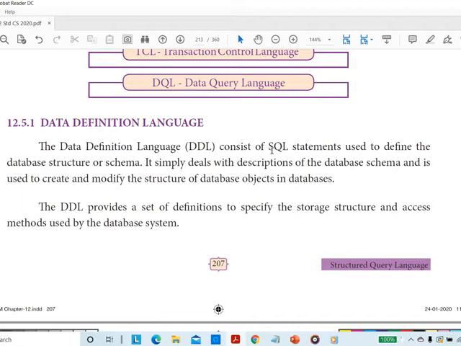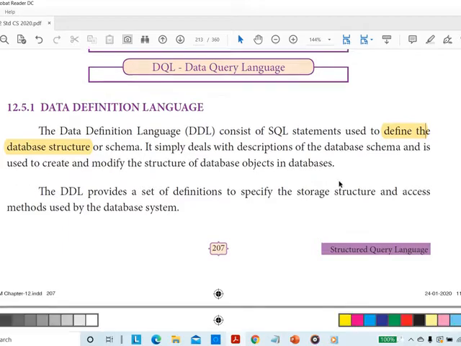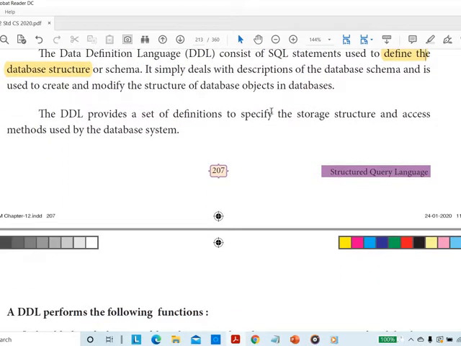The data definition language consists of SQL statements used to define the database structure. So what does database structure mean? The structure of the table. It simply deals with description of the database schema, and it's used to create and modify the structure of database objects in databases. So the DDL provides a set of definitions to specify storage, structure and access methods by the